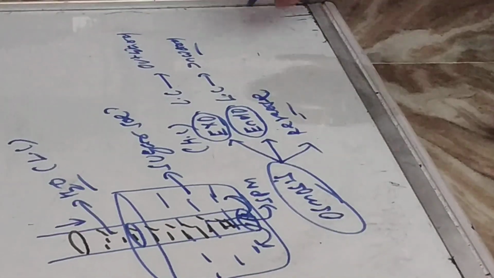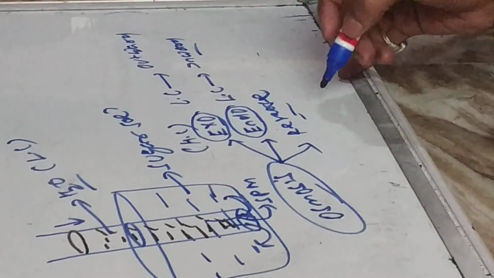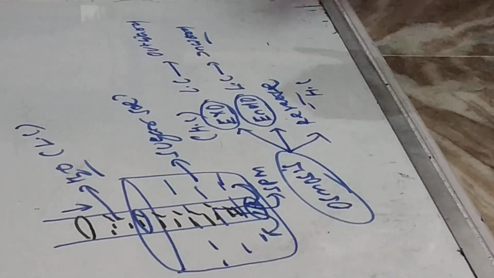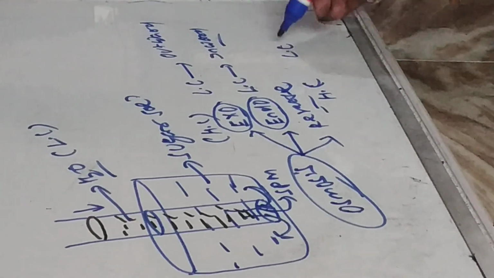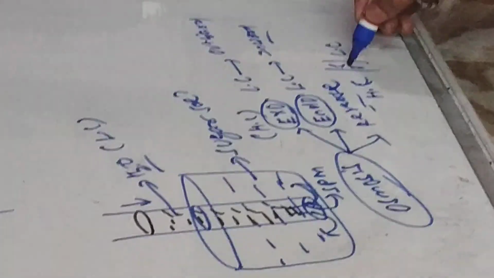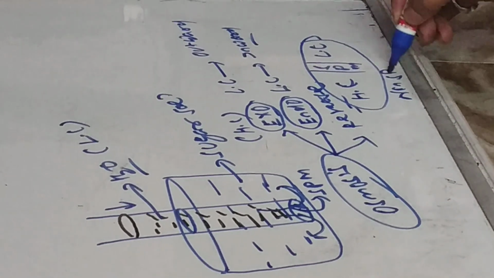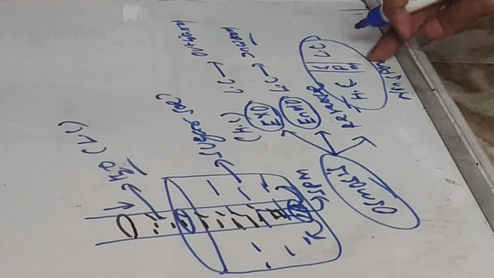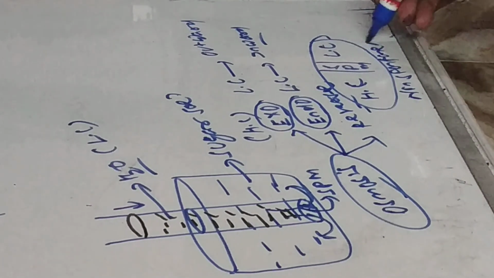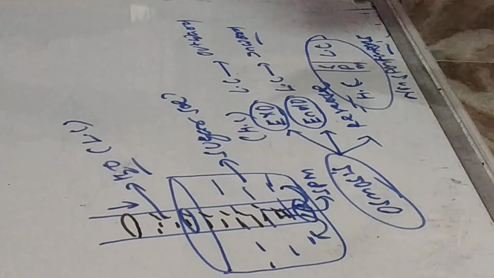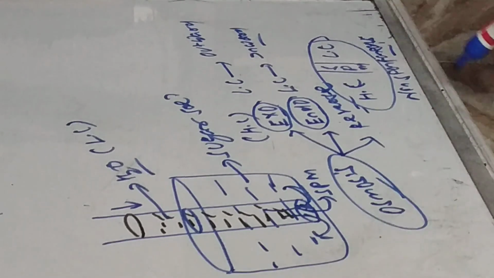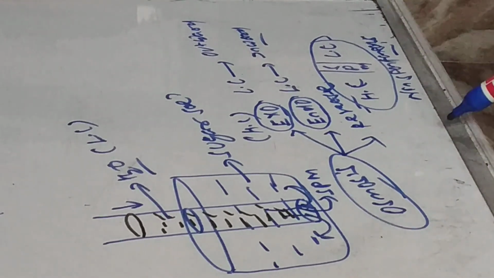And if I am telling about reverse osmosis, it is just opposite. Here the higher concentration moves towards lower concentration through the SPM. And this process is not a spontaneous process. So reverse osmosis is always a non-spontaneous process. So I will give some examples of how exosmosis, endosmosis, and reverse osmosis occur.